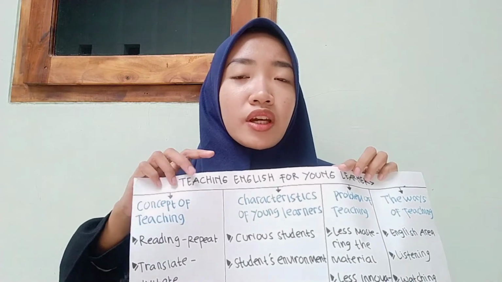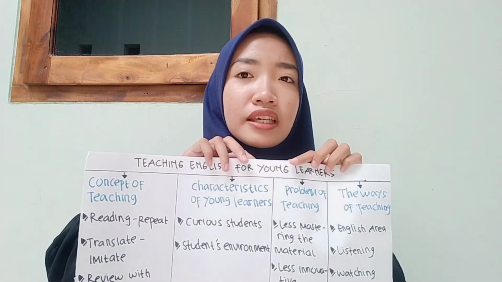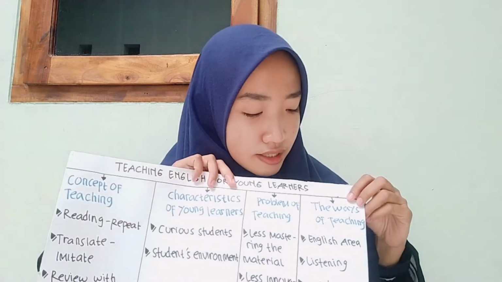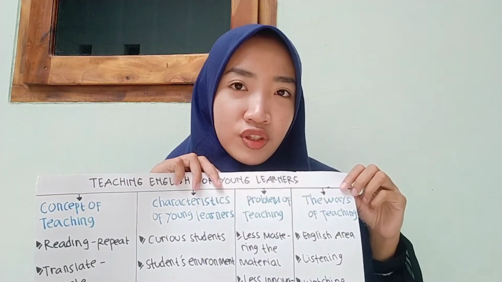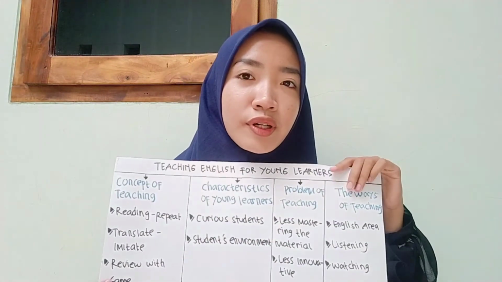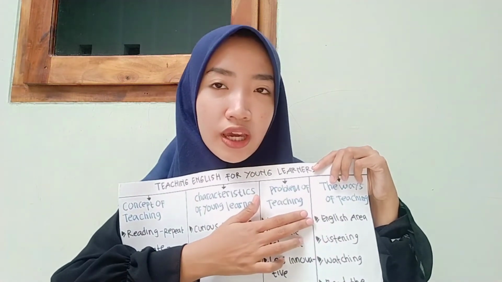Okay, after we talk about the concept of teaching, then the characteristic of young learners, and then problems of teaching, let me move on to the last point, which is the way of teaching. I have divided it into 4 points on how to teach. Okay, number 1 is English area. It means if we want our students to speak English fluently, we may try an English area,